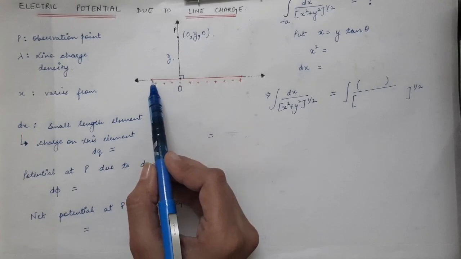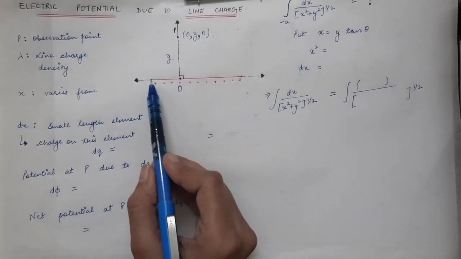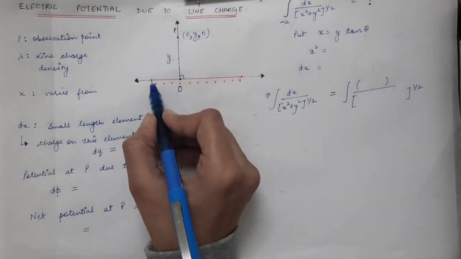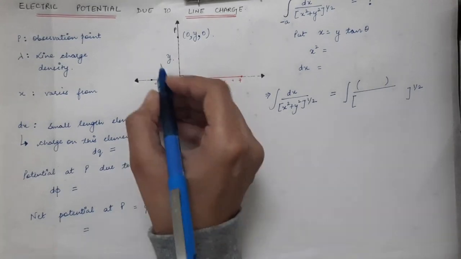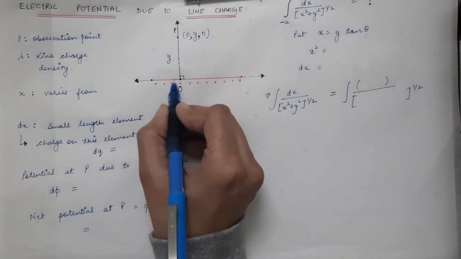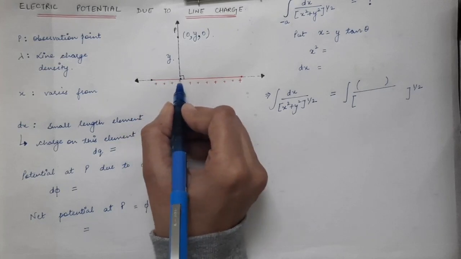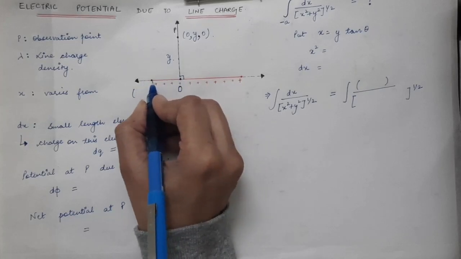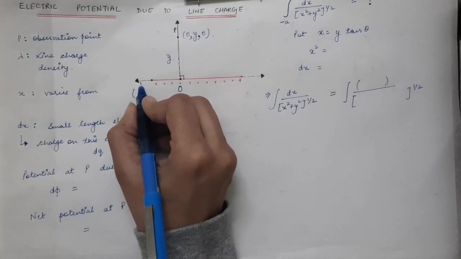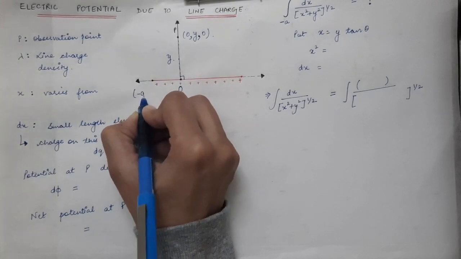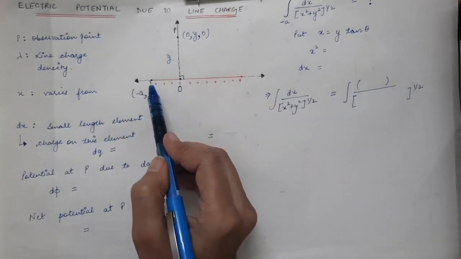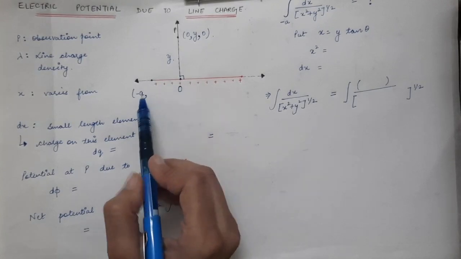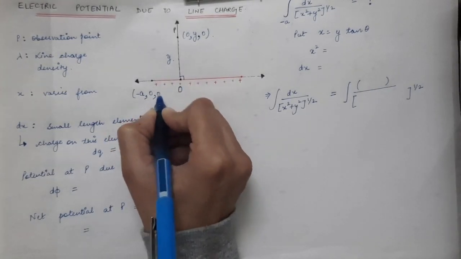Similarly this line charge has one end point over here and the second end point over here. Now what are the coordinates of these end points? Let's say this point is at a distance of a from the origin. What will be the coordinates? You have to keep in mind that this axis is the negative x-axis, so the x coordinate will be minus a. So we are assuming that this end point of the line charge is at a distance of a from the origin, so the coordinates will be minus a, 0, 0.